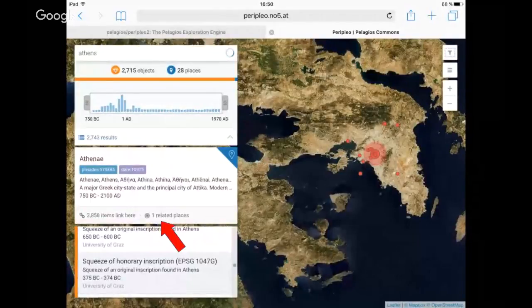Rainer will implement and perfect the possibility to search not only within the items, but also within the references, within the annotations that have been created about items or that connect items between them.